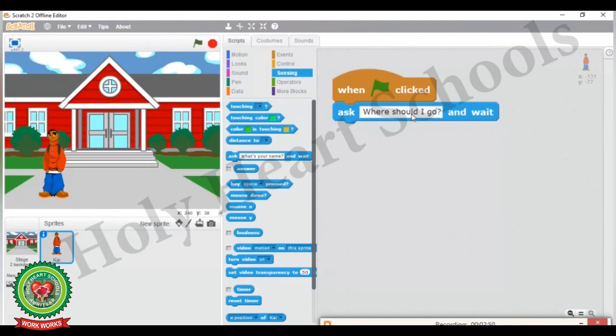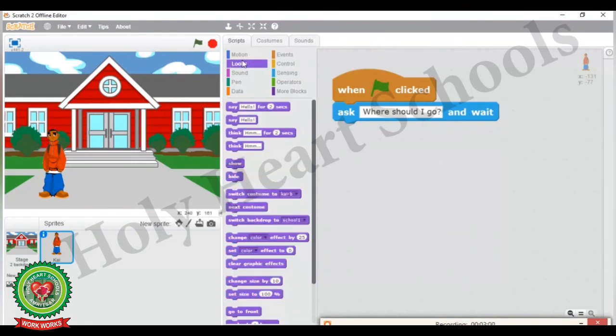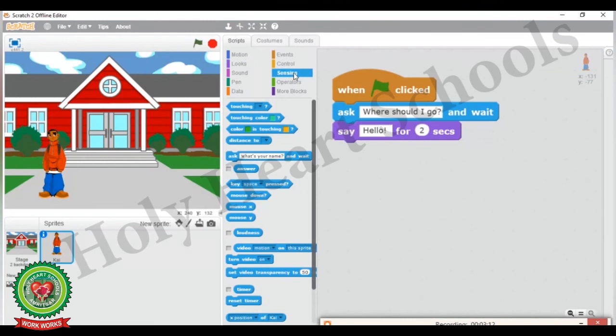Now I want my sprite to display the answer that I have input at the time of execution. For that I will click on the Looks block. From there I will take the Say block for 2 seconds. Now in the Say block, again I will click on the Sensing block and drag the Answer block here.